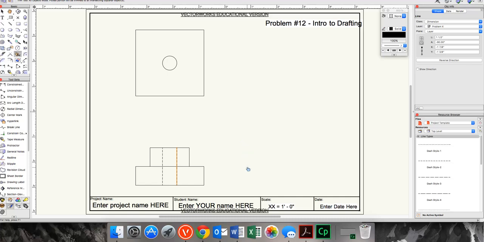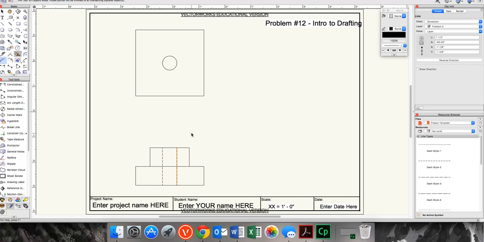So we have chamfers up on top, we have a fillet here, and we have chamfers here. Remember, fillets are curved, chamfers are angled. Let's do the chamfers first. So we'll do the bottom set. Okay, so if that says 45 degrees by 0.125, that means the first and the second line will be